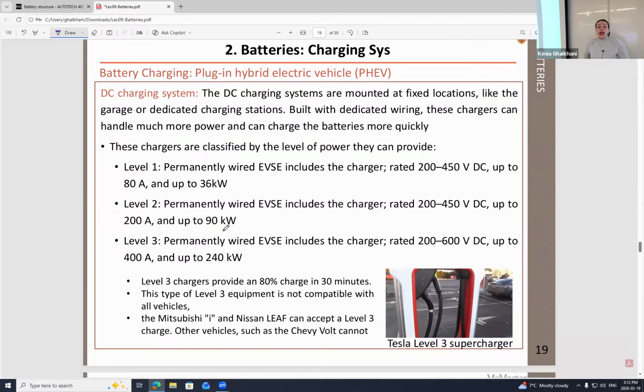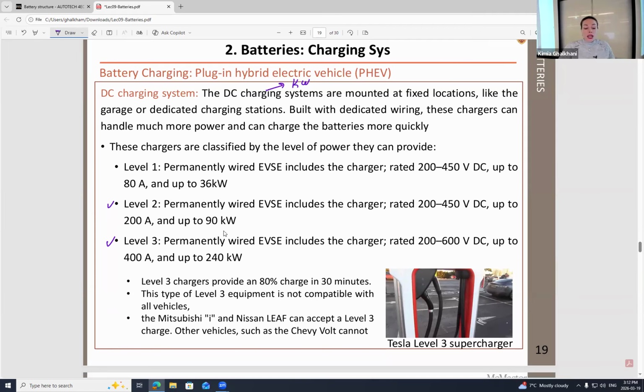In addition to the AC charging system, we have the DC charging system as well. One of your friends just said he's using either level 2 or level 3. I said in the AC charging system we have only 2 levels, but in DC we have 3 levels. We have level 1, and of course, always remember, charge is measured in kilowatts. Charge is in the unit